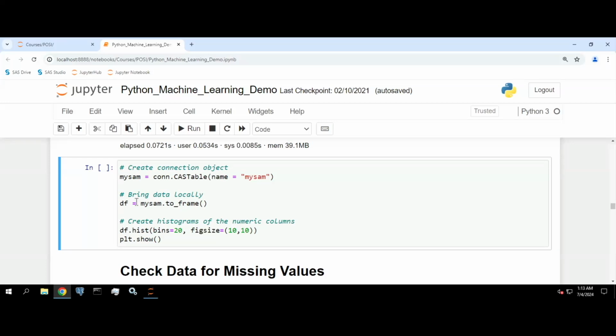So this is how you bring a CAS table which you have connected to a reference as MySam, and to_frame is the function that brings it in. The rest is creating a histogram with 20 bins and giving the figure size. These are all Python syntax, and plt.show shows the plot. So if I were to run it,